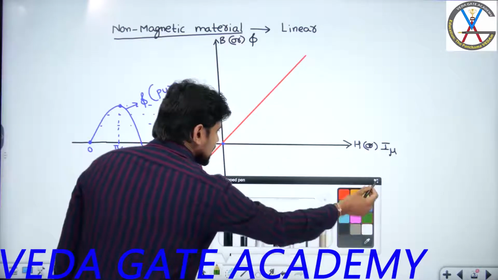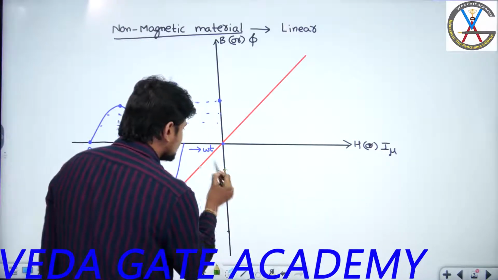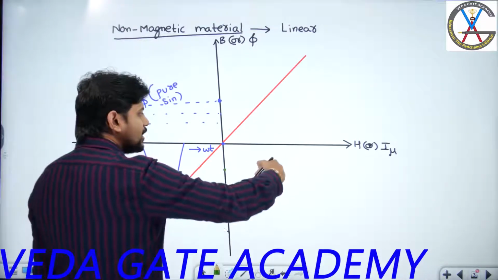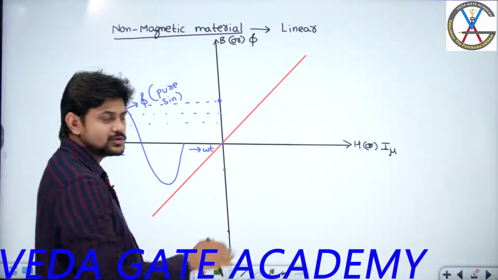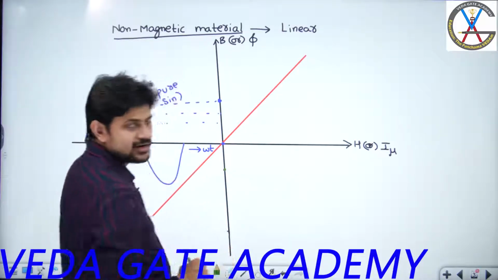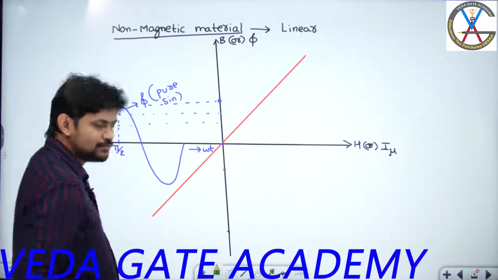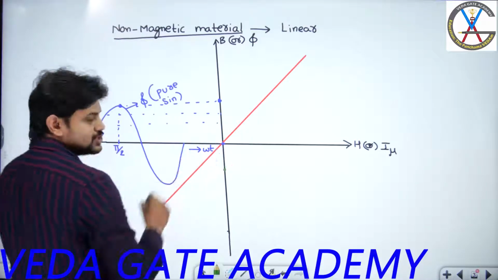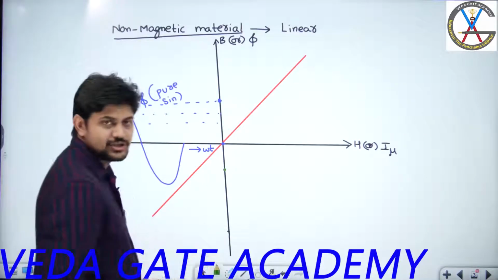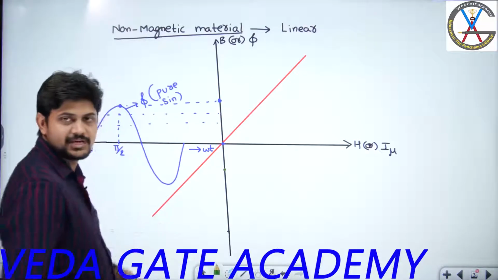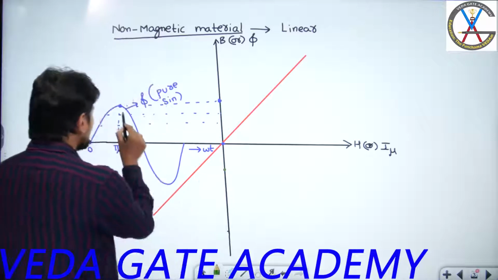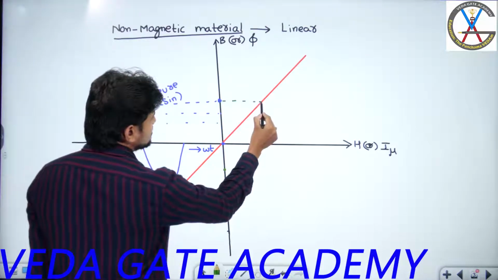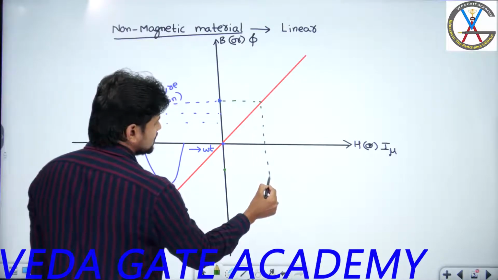What I am doing is trying to draw the current on the y-axis. The reflected points of the shape of I mu become the magnitudes coming on the x-axis at different instants of time. You will understand once you draw this graph. At omega t equal to 0, what is the flux magnitude? 0. Obviously the current magnitude is also 0, because this is a linear BH characteristic. Exactly at omega t equal to pi by 2, the flux is maximum, and if I reflect this, you are going to get the current also maximum.